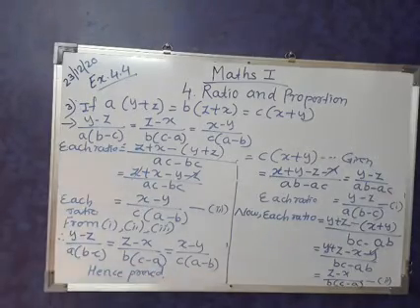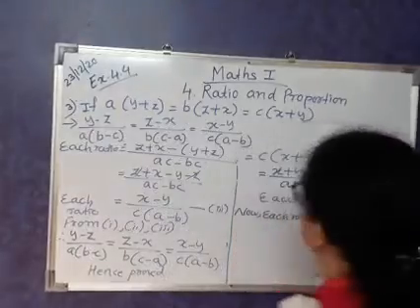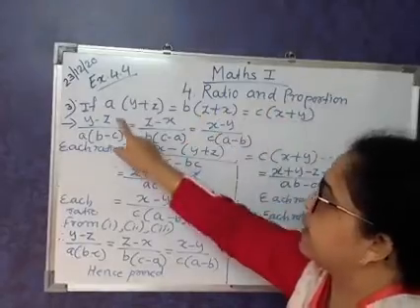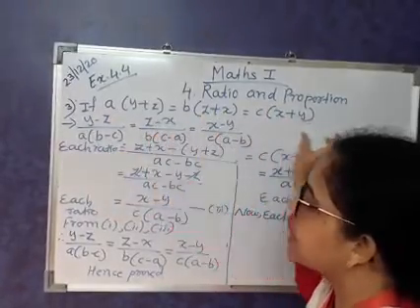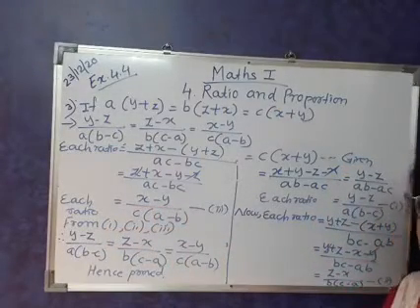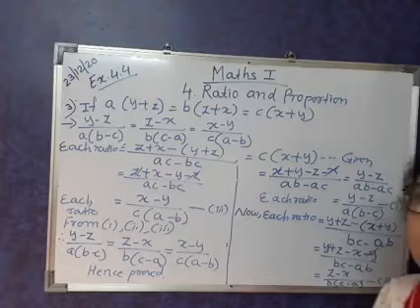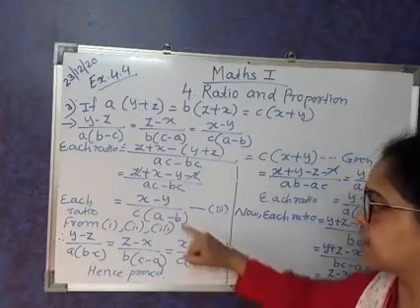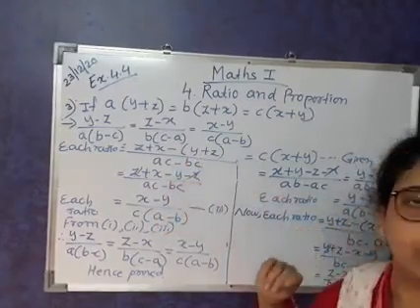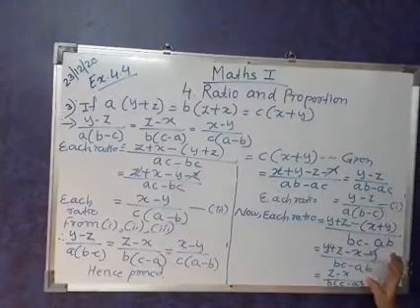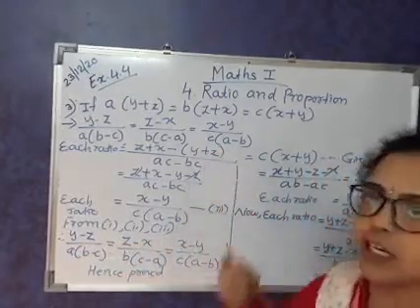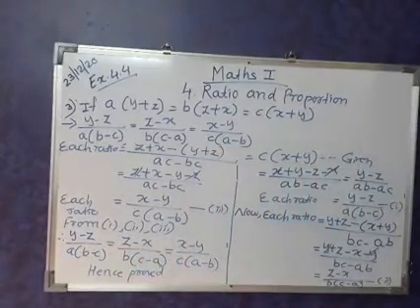So students, like that we can solve that. Whenever this ratio is given, what we did first time? We divide each ratio by ABC. So A will get cancelled, so we have got the 3 ratios. Now what is the theorem on equal ratio? Whatever we are doing, addition in the numerator, same way we have to do in the denominator. Now in this case we did the subtraction. So if you are doing the subtraction, the same subtraction we have to do in the denominator. Now each ratio we got something, and that something is all equal, and that only we have to prove. Is it clear?